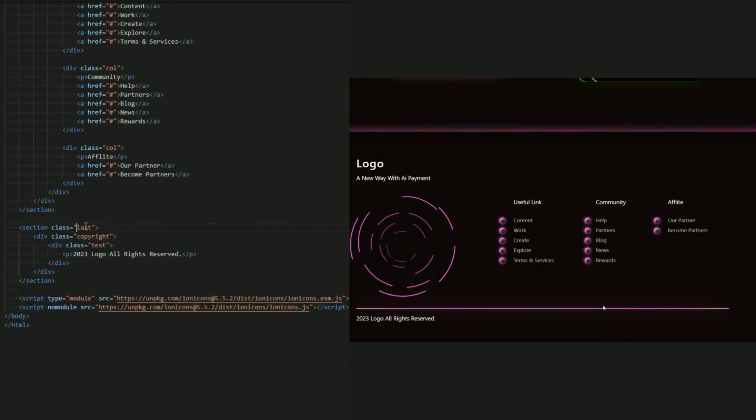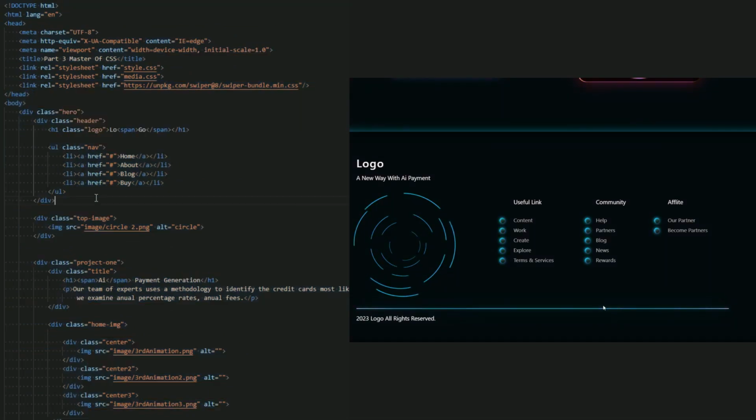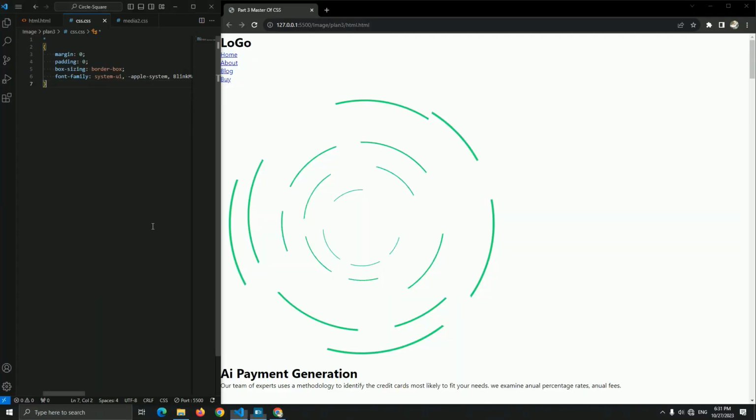Okay, this is our description of this copyright, as you can see. And we add the class list of the last. We want to add the padding to be 0 for the bottom and the top. We just add the padding for the left and the right for this class list of the last. And yeah, this is our HTML, as you can see, guys. And as I said, guys, if we get any error of this, we check it in the CSS. And let's go now to the CSS, guys.